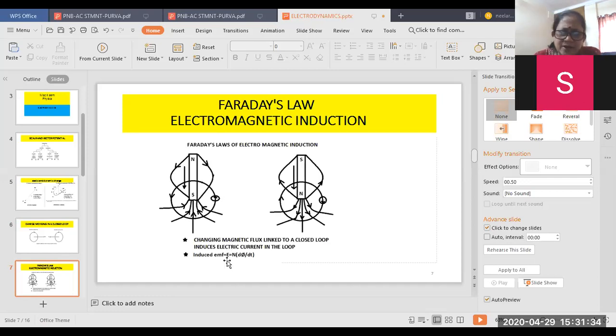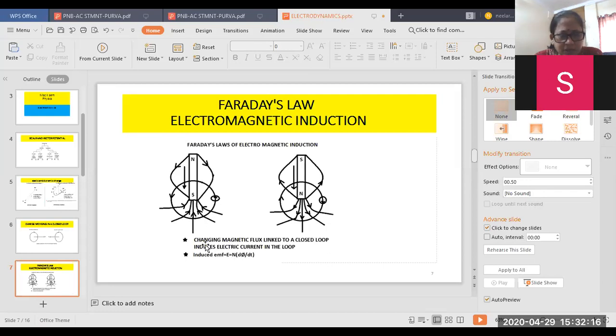Induced EMF is nothing but the electric potential. So E, I will write it as, sometimes they use small e, epsilon also. E is directly proportional to the rate of change of flux. Here phi is the flux. Now come back to the first slide. In the first slide I told there are two types of potential: one is a scalar magnetic potential, another is a vector magnetic potential. For scalar magnetic potential, I am using the flux as phi here. Now you see the rate of change of flux is written as d phi by dt. If I remove the proportionality, I will get a constant.